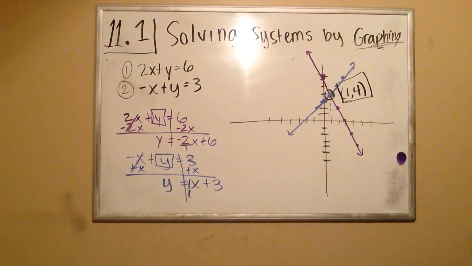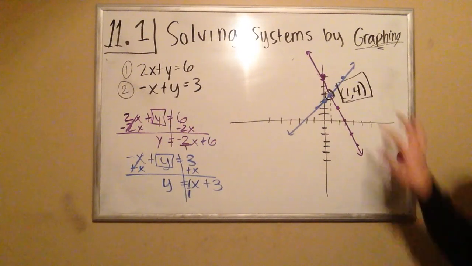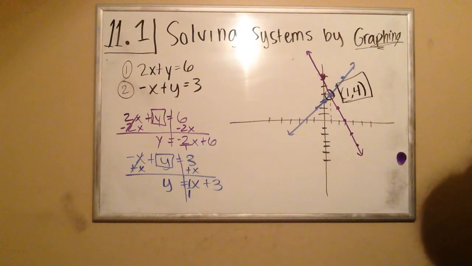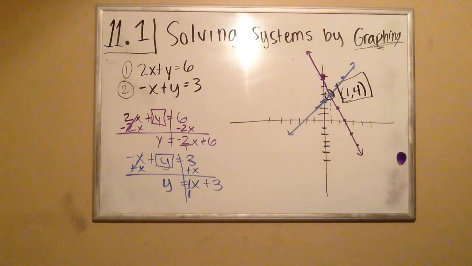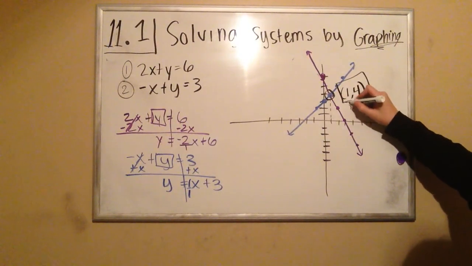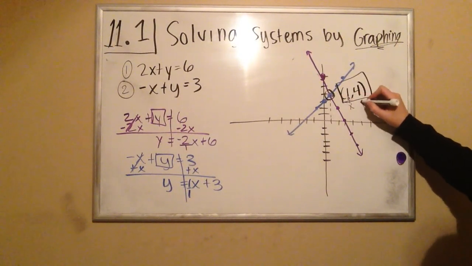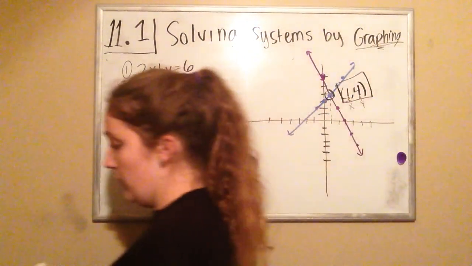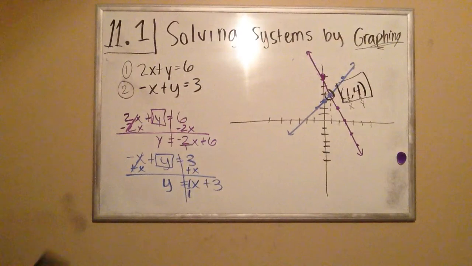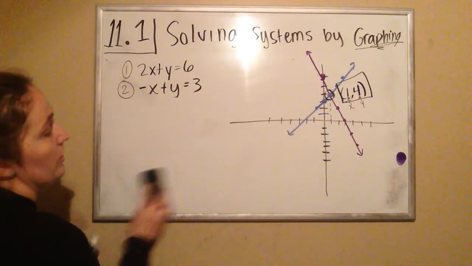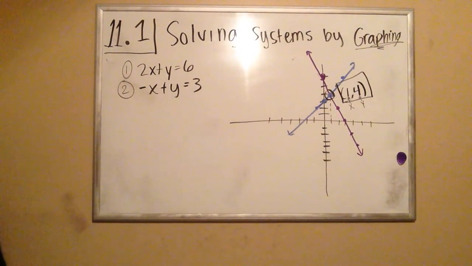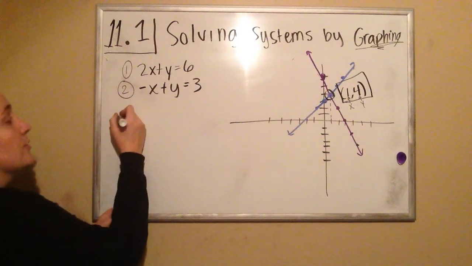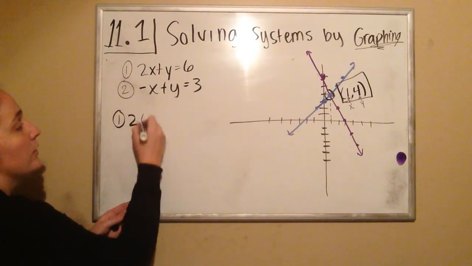But I do want to show you guys why it works. I do want to show you how we know that this is a solution. So if I take this point, my x value is 1, my y value is 4, and I'm going to look at it in both of these equations. Actually, I'm going to erase all this work here. I'm going to use the original equations that we had. So for the first one, I get 2